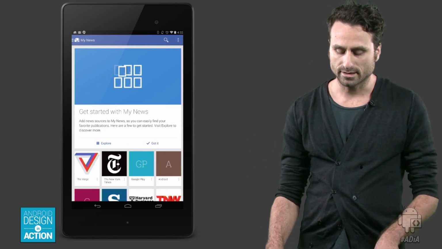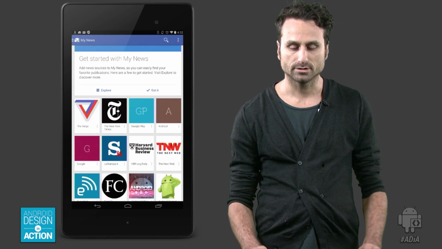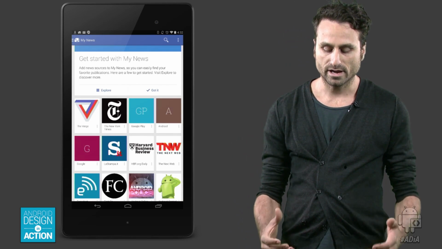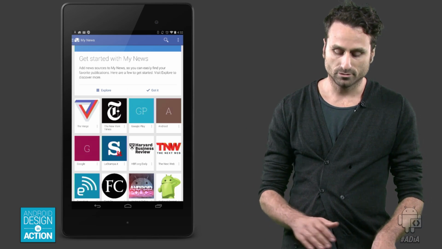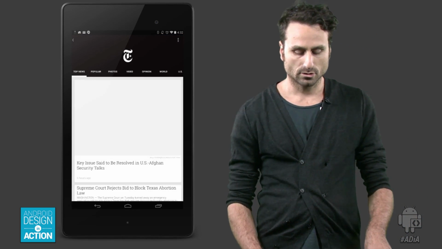Let's look at another detail. Let's look at the article view. We have developed a lot of different layouts so that the articles feel very unique and beautiful on all devices. I'm going to look at the New York Times, which is a source that we worked with